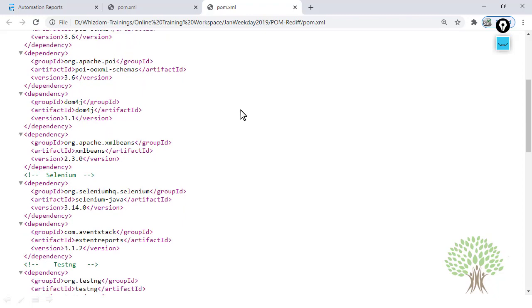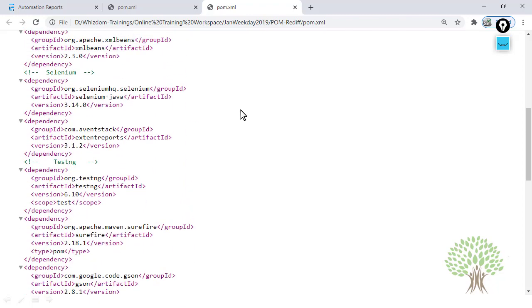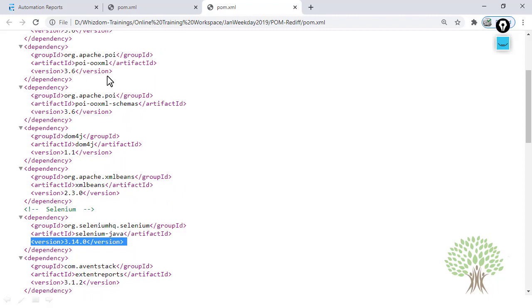It's a configuration file in which you write down all the versions of the dependencies you are going to use in your project. For example, I will be using Selenium Java version 3.14 in the project. Although we have Selenium 4 in the market, this file is quite old, but just understand the concept that for every dependency you are going to use, you can mention its version in this file.